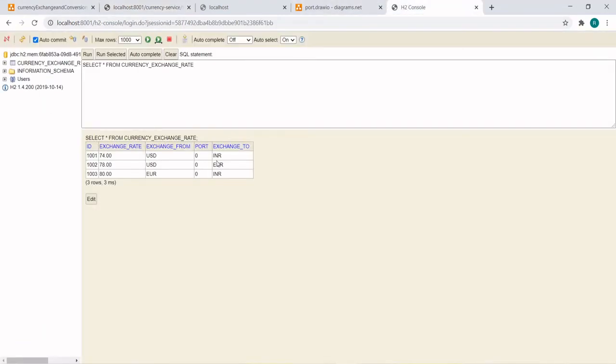So USD to Euro, 78. If I pass Euro to INR, it should return 80. So here you need to change to Euro to INR. So 80 it will pass.